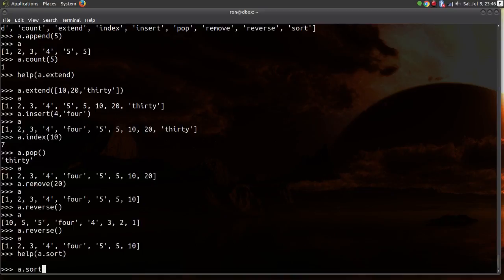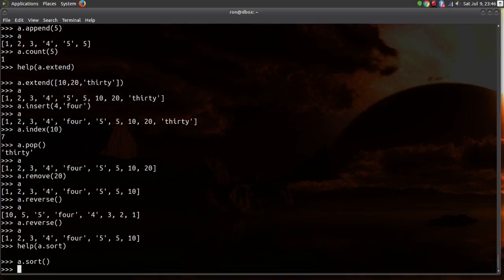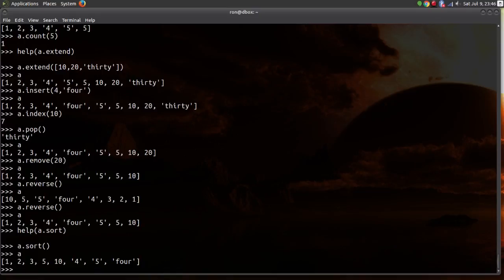So what happens if I do an a.sort and I don't change anything? What ends up happening is my integers up here show up first, and then my strings, and it has to do with the way that Python interprets integers in comparison to the way that it interprets an actual string. So what happens if I don't want that kind of functionality? What if I want it to interpret these as strings so that I can compare them against these strings? Well, then I'm going to have to use that key